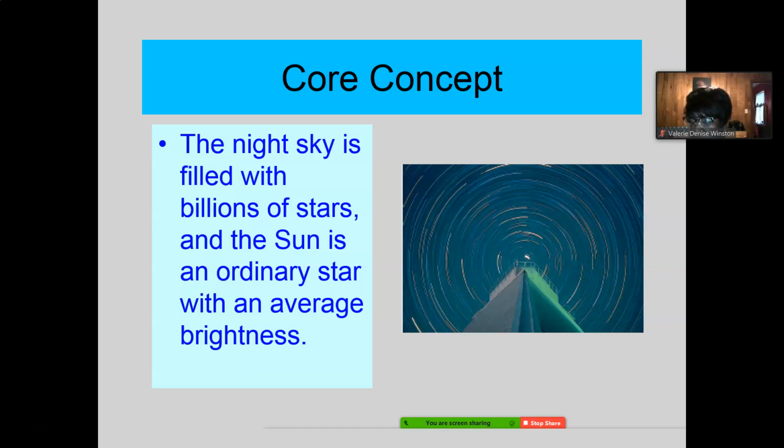But those other stars that you see out there, you don't even measure them in millions of miles or billions of miles or trillions of miles. You measure them in things called light years away, because it took the light from those stars tens of thousands of years to reach us.